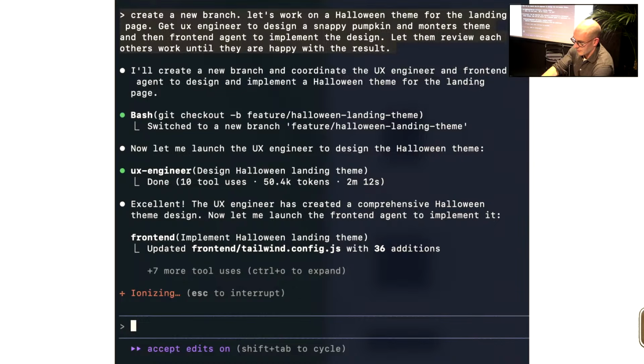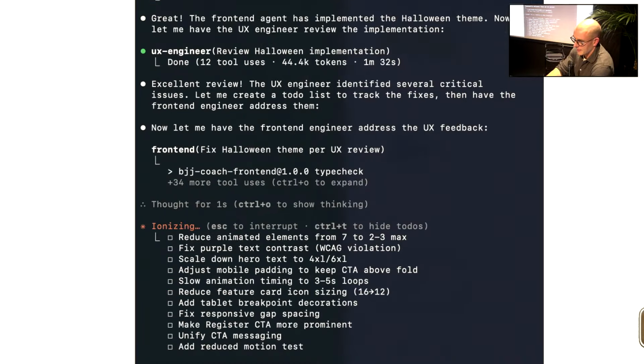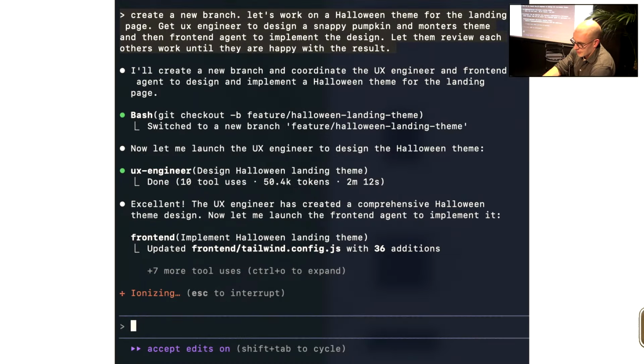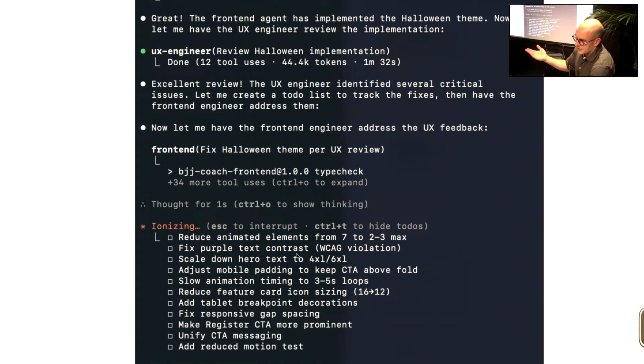Then we'll wait for some time. Then we move on to, actually here the front-end agent is also working on that stuff. Currently in this screenshot doing some Tailwind configurations. Then next, the UX engineer reviews the implementation.